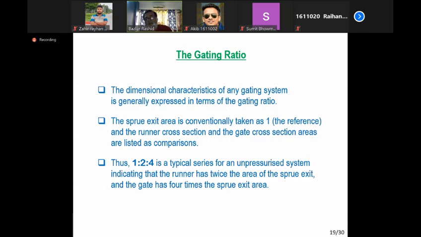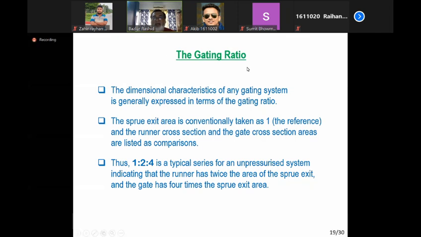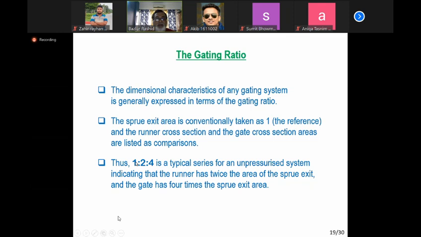সো আমরা মোটামুটি তিন ধরনের সিস্টেম পেলাম, একটা হলো আনপ্রেসারাইজড সিস্টেম, একটা হলো প্রেসারাইজড সিস্টেম, এবং আরেকটা হলো স্লাইটলি প্রেসারাইজড অর ন্যাচারালি প্রেসারাইজড সিস্টেম। এবং এগুলো নরমালি আমরা বাই অবজার্ভিং দ্য গেটিং রেশিও আইডেন্টিফাই করি, ঠিক আছে। এবং গেটিং রেশিও যেটা বলে সেটা হলো যে তিনটা মেইন এলিমেন্ট যেটা আছে, একটা হলো স্প্রু, একটা রানার, একটা গেট, এবং এই তিনটা এরিয়ার মধ্যে যে রেশিও সেটাকে বলে গেটিং রেশিও। রেফারেন্স পয়েন্ট অলওয়েজ স্প্রু বেজ হিসেবে ধরা হয়। স্প্রু বেজের যে এরিয়া সেটা হলো 1, এবং তারপরে কিভাবে যাচ্ছে। সো যেমন 1 to 4, এটা কি মিন করছে, সেটা হলো স্প্রু বেজ এরিয়া 1, লেটস সে 1 সেন্টিমিটার স্কয়ার যদি হয়, তাহলে পরে রানারের এরিয়া হবে 2 সেন্টিমিটার স্কয়ার, এবং গেটের এরিয়া হবে 4 সেন্টিমিটার স্কয়ার। তার মানে এটা কোন ধরনের সিস্টেম হলো, সামনের দিকে যত যাচ্ছে এরিয়া তত বাড়ছে,